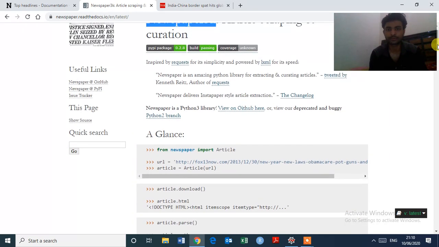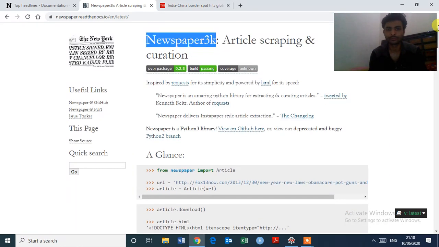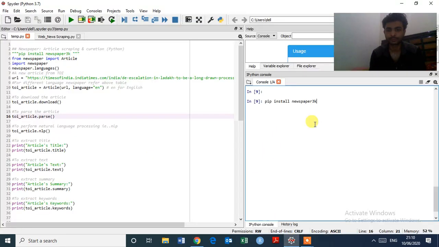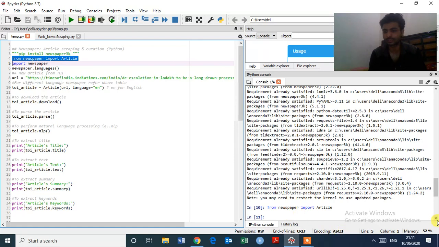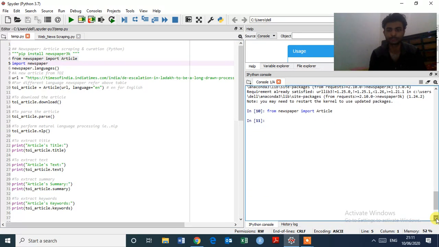This is the library we are going to import. It takes time. Okay, it's executed successfully. So now we are going to import newspaper, from newspaper import Article. Select this, Command or Control Enter to execute. Okay, that's great, it's executed successfully.